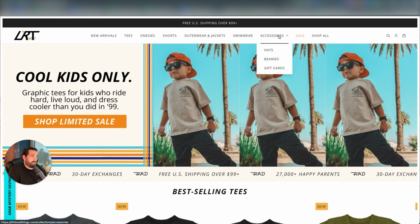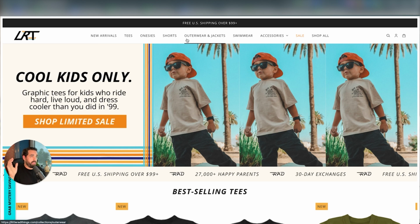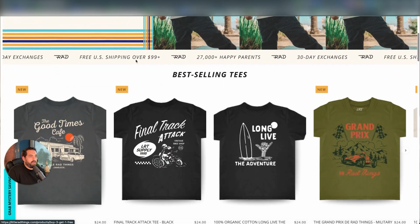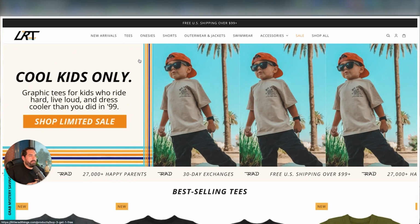This is great. This is exactly what we recommend in terms of navigation: all the links up here should take you directly to product, right? Sometimes we'll see an about page and some additional links in here, but for the most part, I would say 98% of the links in here should take you directly to products. Especially with kids clothing, a lot of people tend to also want to shop by age group. That's kind of big. So that may be an opportunity here within the navigation to shop by age group